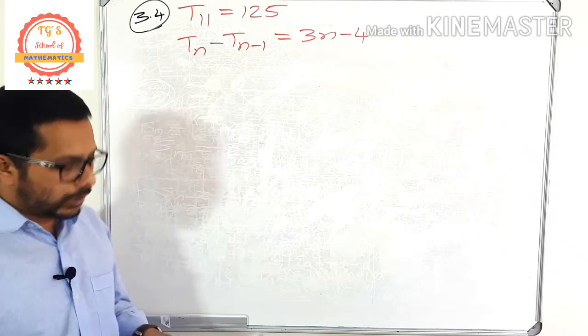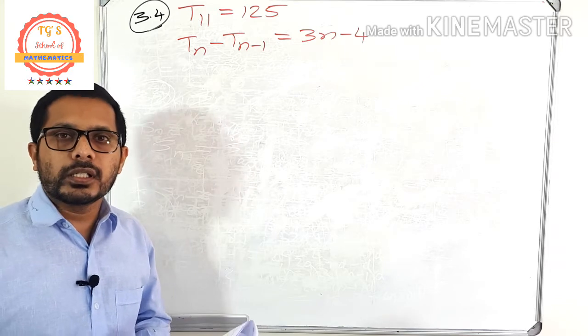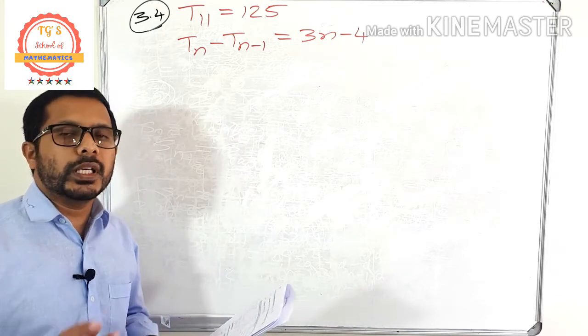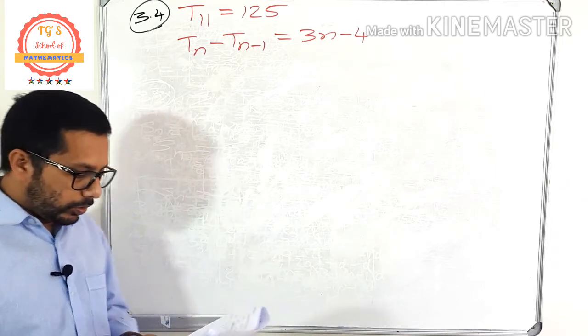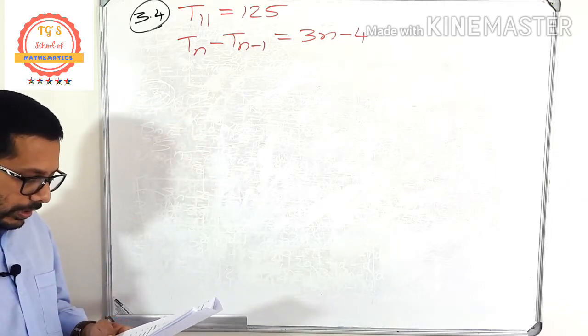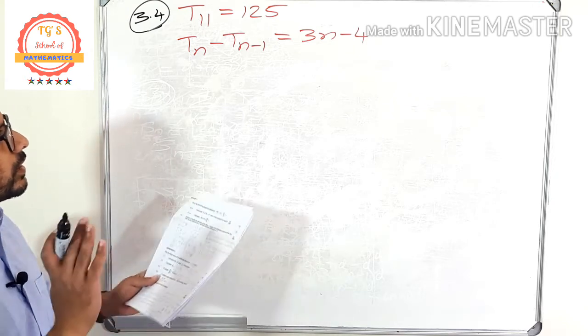So how many marks for this question? It's 6 marks. Am I right? So it means that it is clearly a level 4 type question. So determine the first term of the sequence. Let's leave that one for now.